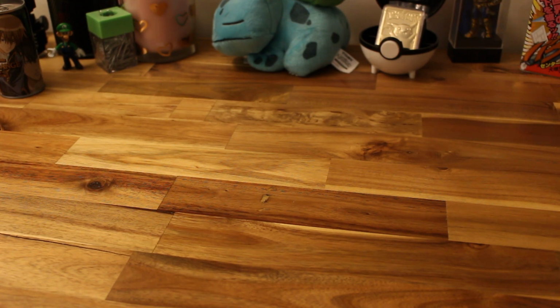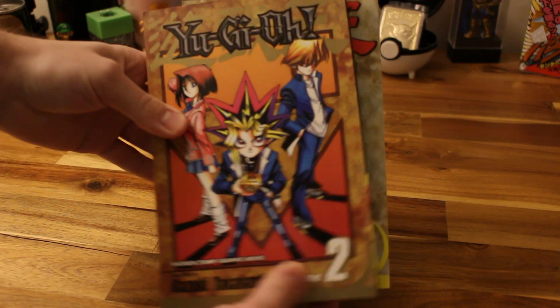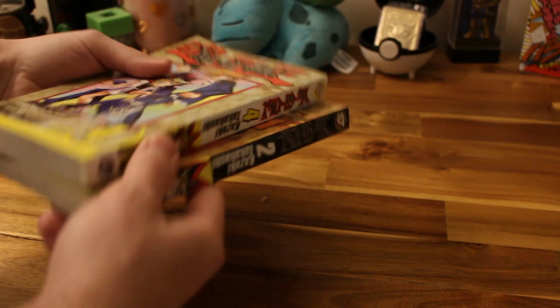And first up we have Yu-Gi-Oh! Volumes 2 and 4. This is the OG darker style Yu-Gi-Oh! Not the duelist stuff. And I basically just got these because I had bought